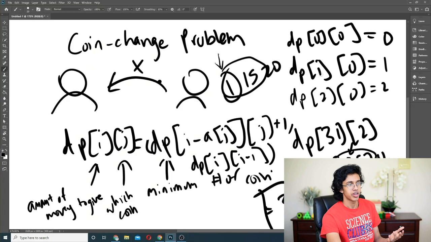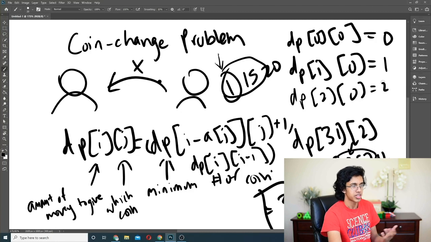Like for this case, right? If we have $1 to give, we only have to give 1 of the 0th coin, then 2 is 2. And let's say our 0th coin was 5, for example. Then 0 would be 0, because you had to give 0 5s. But if you have 1, that's impossible, so that would be a really big number. But then if you had DP[5][0], and you wanted to give $5 with only a $5 coin, you would have